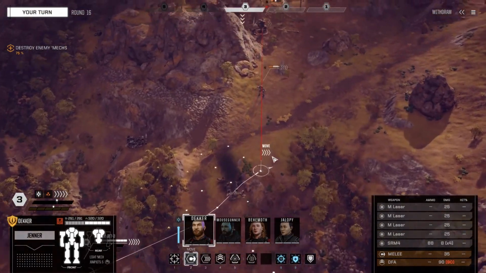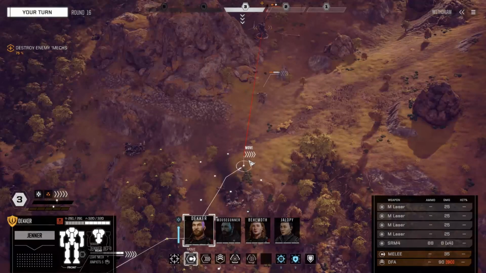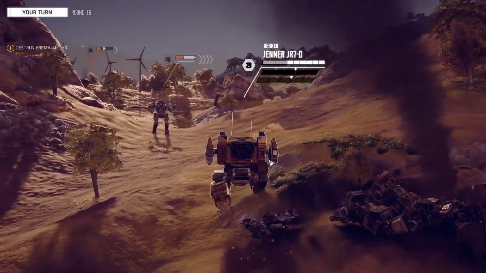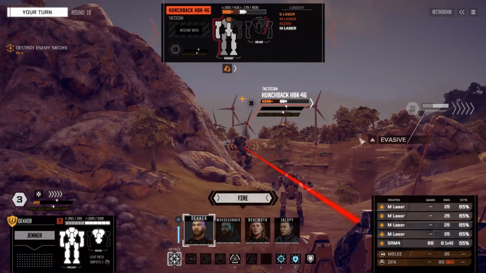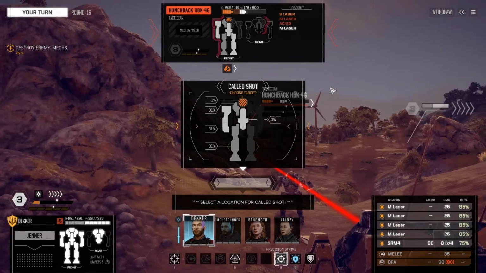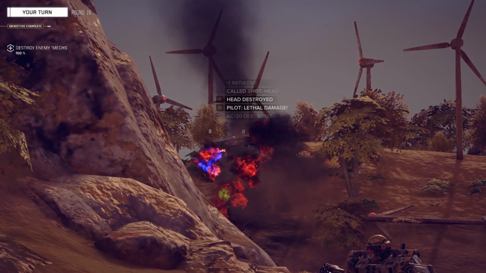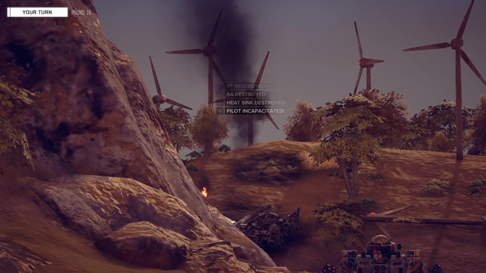Orders? Okay, well, let's hit him here. We'll do this. On the move. It's only 1 evasion, so we'll burn through that now. As a matter of fact, I'm going to precision strike him. That way we have more accuracy here. We'll go for his head. Let's try and get the head kill. Firing. Full complement on enemy. Okay, let's go. That's unfortunate we destroyed the AC-20, but...